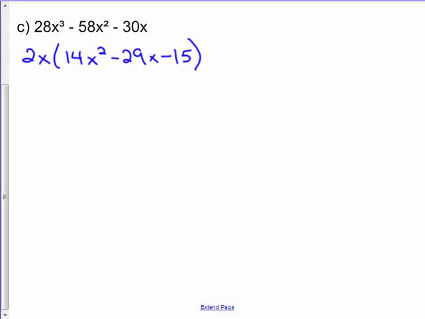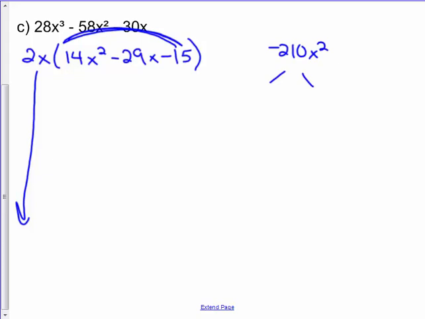The 2x I'm going to carry down, and I'm going to remember to write that at the end. And then I'm going to multiply the first and the last ones together, 14x squared and negative 15. When I multiply those together, I get negative 210 x squared and negative 29x. So at this point,